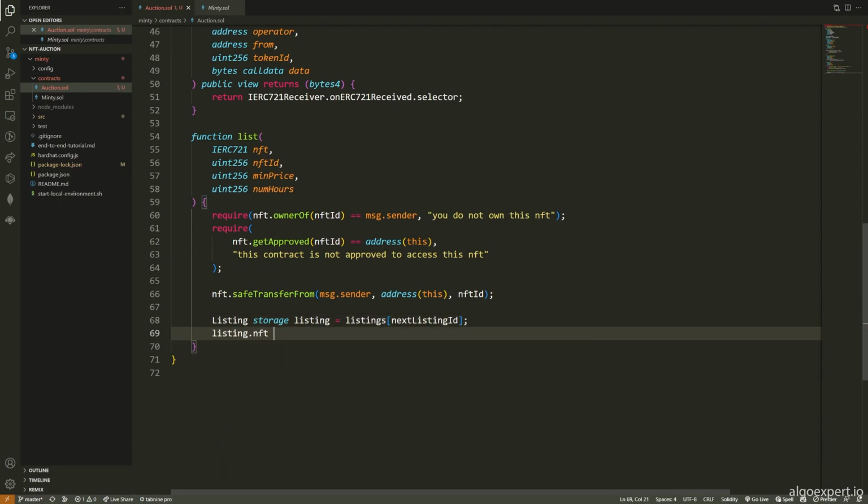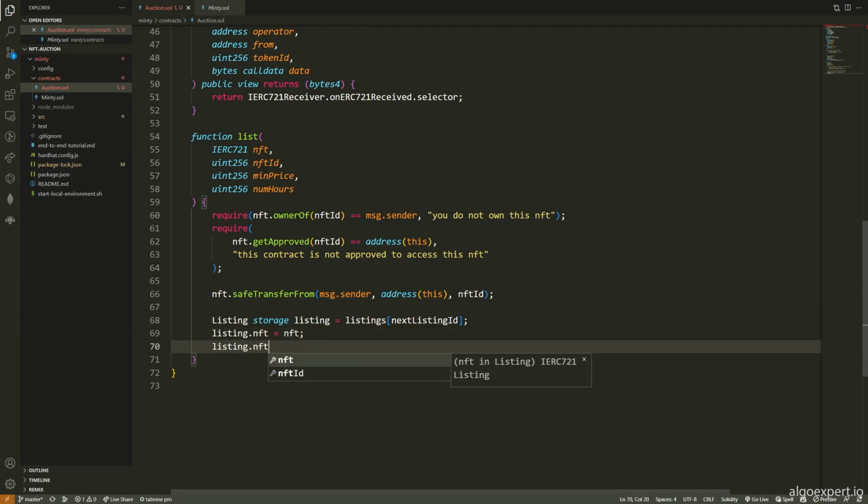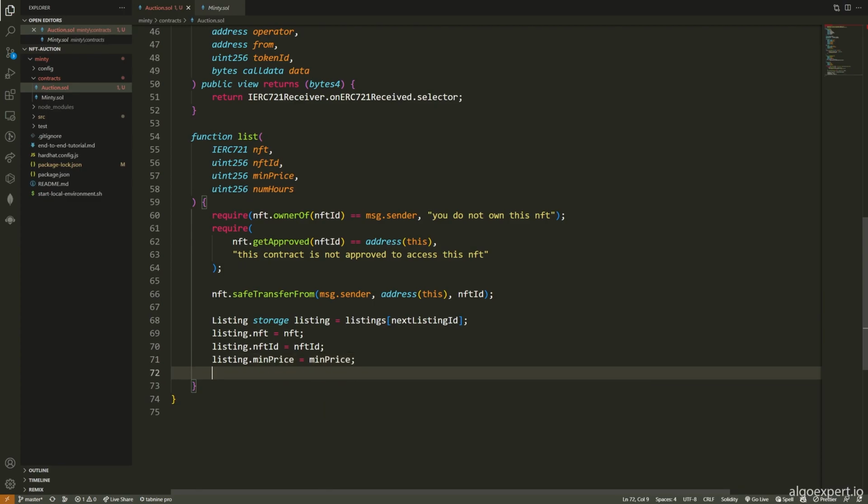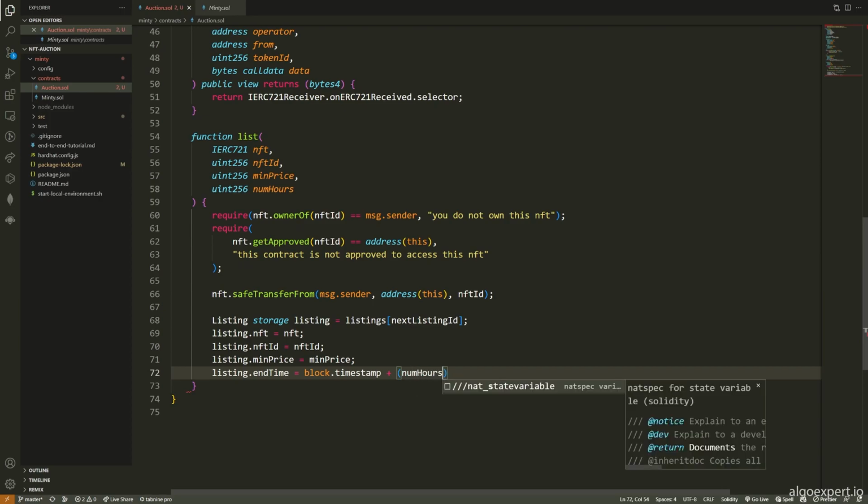So we're going to say listing.nft is equal to NFT. We're going to say listing.nftId is equal to NFT ID. We're going to say listing.minimumPrice is equal to the minimum price. We're going to say listing.endTime is equal to the current block.timestamp plus, and then this is going to be the number of hours. So this is numHours here,